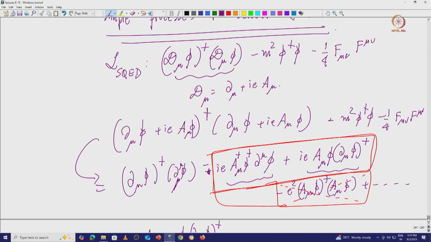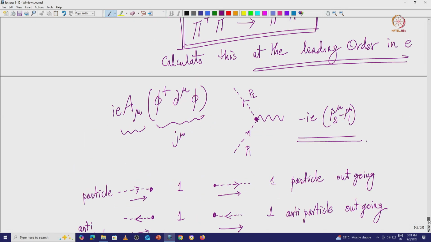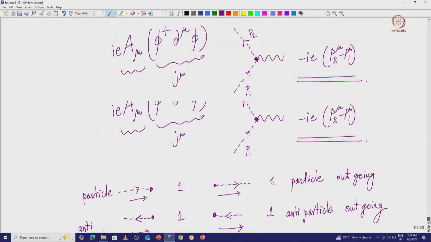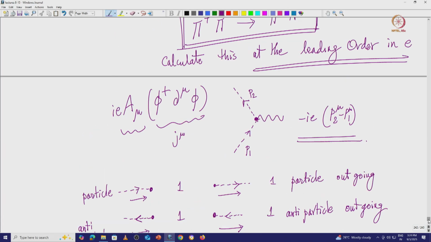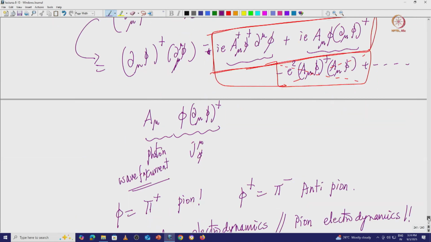Now because we are sticking to leading order, we have 3 terms in the interaction terms. The e square term, second order in perturbation theory, I have neglected because it comes out to be second order in perturbation. So I only kept the first term. The first term, one is the Hermitian conjugate of the other, so you can consider one of them. The Hermitian conjugate means that it is the antiparticle version of the other one essentially. So I consider one of them, and the example we are considering is pi plus, a simple process.